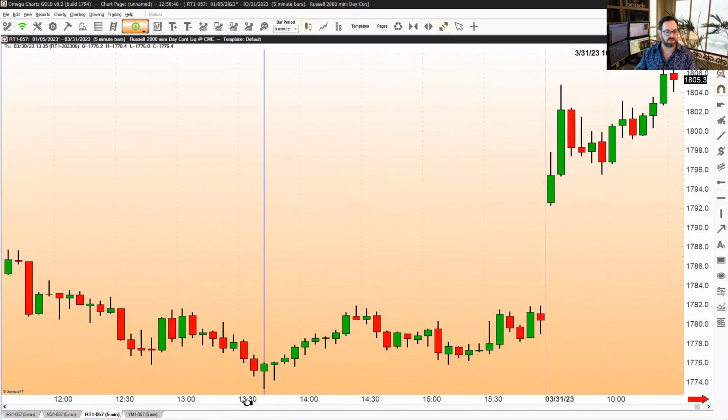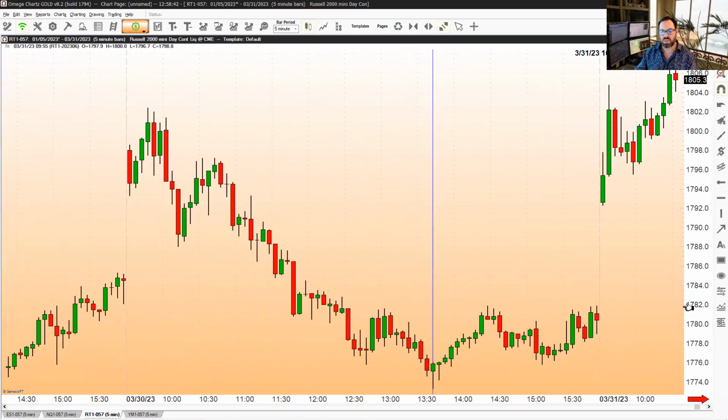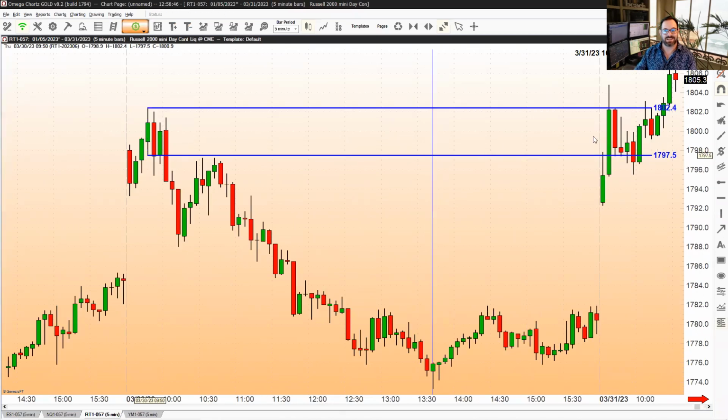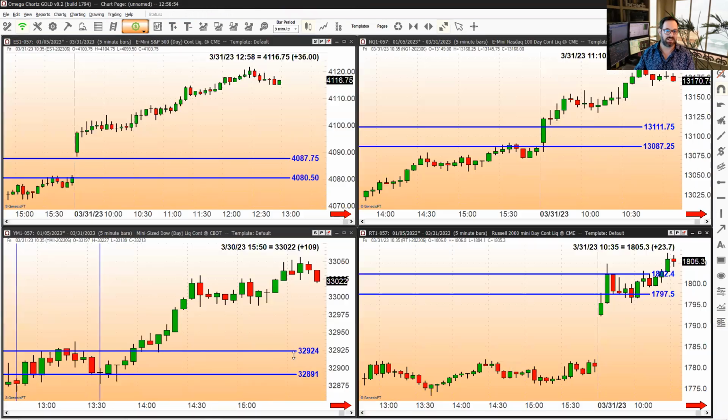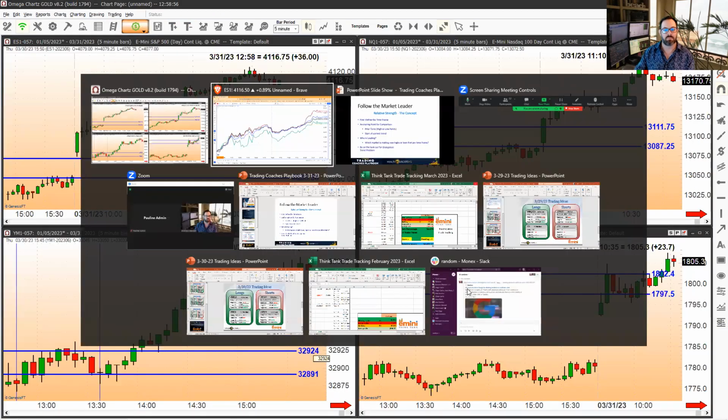And you can see right here, we take a look at the Russell. There's the prior day's price action, and we opened inside of the prior day's price action. So again, not all the gaps were doing the same thing. If they're mixed types of gaps, I can't do the trading strategy anyway. But if we take a look at this morning,